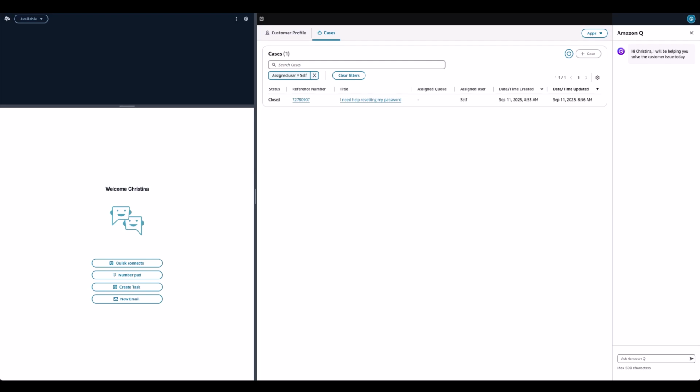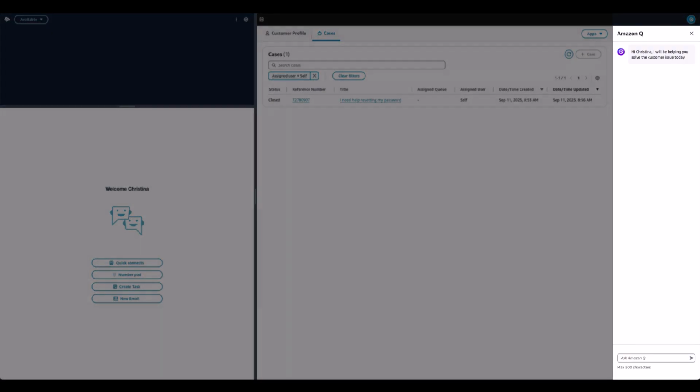The Amazon Connect Agent Workspace is a single intuitive application that provides your agents with all the customer information and step-by-step guidance they need to onboard faster, resolve issues more efficiently, and improve customer experiences. Here in the Amazon Connect Agent Workspace, Agent Assistance is visible as a chat interface on the right side. This allows agents to interact with it in real time while handling customer inquiries. Agents can ask Amazon Connect questions, request information, or get assistance without leaving their main work environment, seamlessly integrating AI